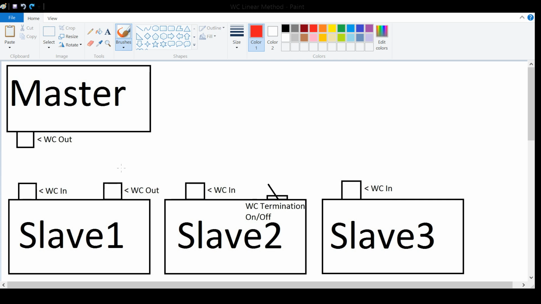What you can also do is what is called a star method, which basically means that if your master has multiple word clock outs, or if you buy an external clock and it has multiple outs, you would just take from each out and go into an in. Say it also has another word clock out here and another word clock out here. You go out of this word clock into this one, and out of this out into in. So always out to in, star formation. And what that does is it allows you to have a more centralized clock